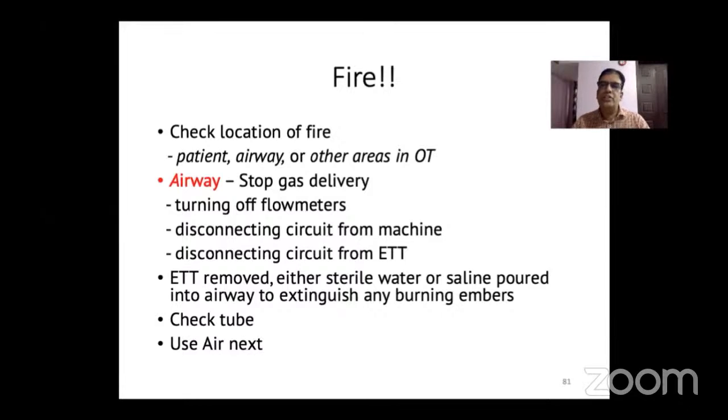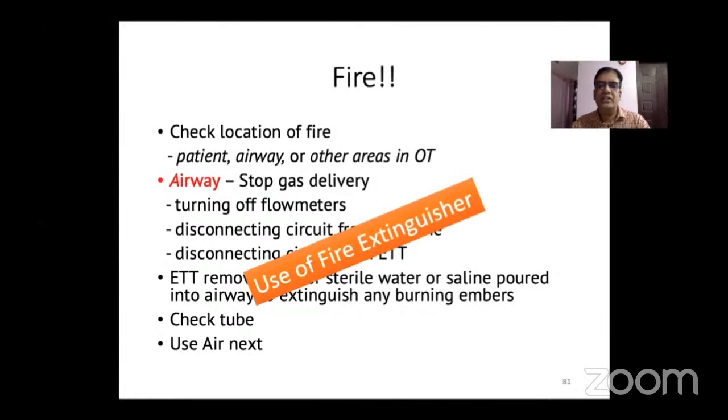Then the tube that is removed must be checked for any pieces or disfigurement or any component being missing, and use air next. Then you should try to assess what has happened to the patient, and always try to see that a fire extinguisher is available to be used